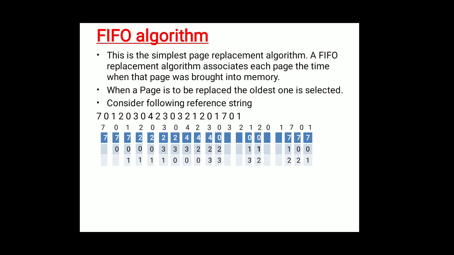Now coming to the next reference string, that is 0. Page 0 is already present in the frame, so there is no need of getting page number 0 from the hard disk. So we call this a page hit. It means that whenever the CPU demands a particular page and it is already available in the memory, it is called a page hit, otherwise it is called a page fault.